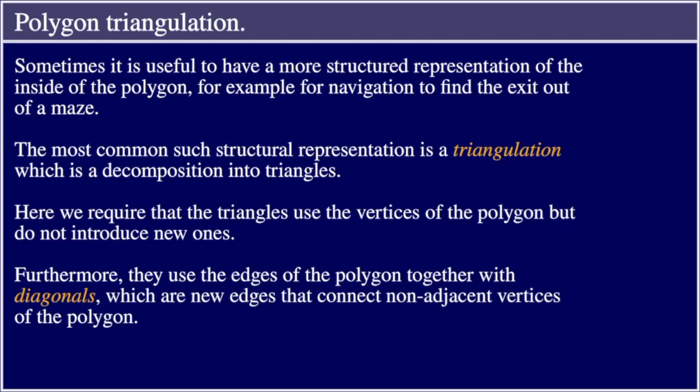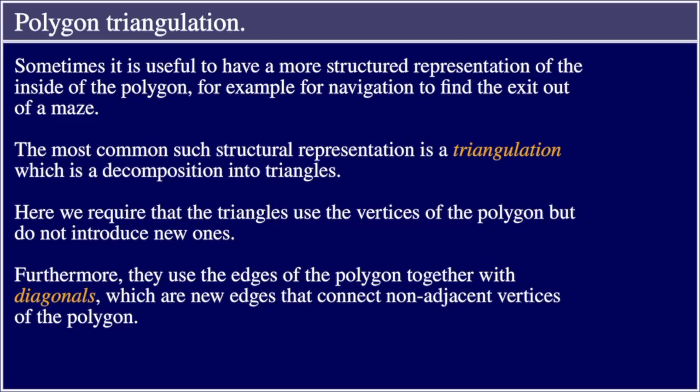Polygon triangulation. Sometimes it is useful to have a more structured representation of the inside of a polygon. For example, for navigation to find the exit out of a maze. The most common such structural representation is a triangulation, which is a decomposition into triangles. Here we require that the triangles use the vertices of the polygon, but do not introduce new ones. Furthermore, they use the edges of the polygon together with diagonals, which are new edges that connect non-adjacent vertices of